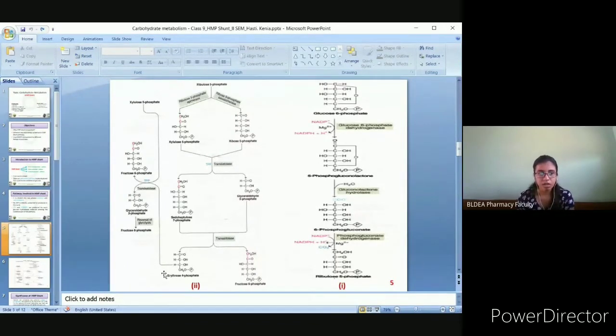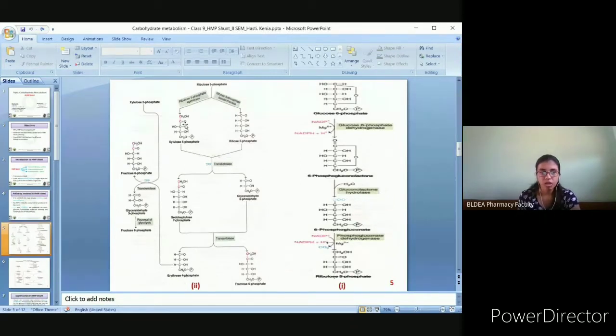Now the last step includes whatever xylulose 5-phosphate is there. Again this xylulose 5-phosphate will be utilized and will react with erythrose phosphate. So here a 5-carbon compound and here a 4-carbon compound. These both will interact in the presence of the enzyme transketolase, again transketolase in the presence of thiamine pyrophosphate itself. So xylulose undergoes 2 reactions. One is it will react with ribose 5-phosphate. The other is it will react with erythrose 4-phosphate.